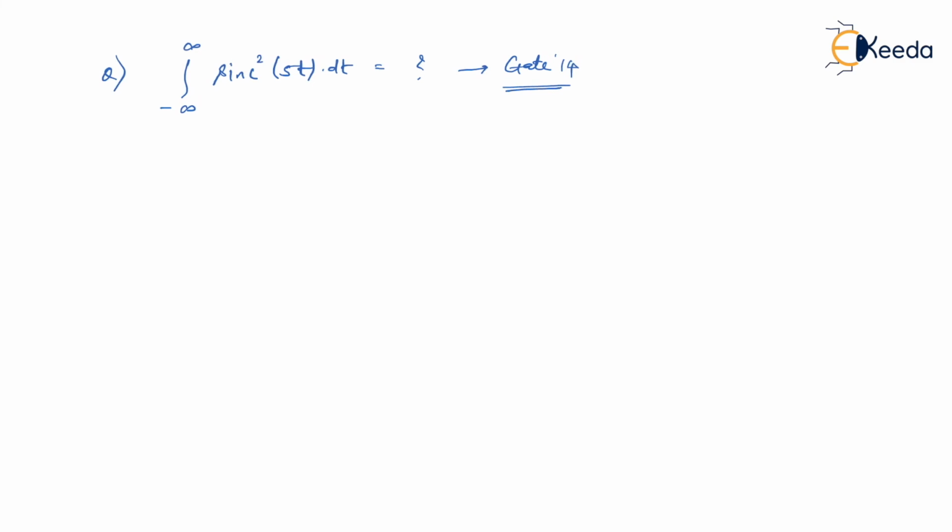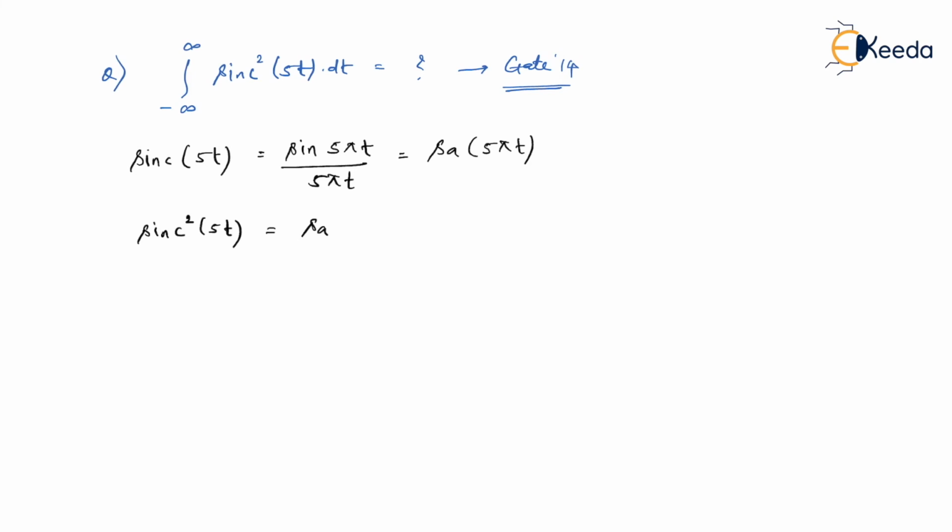We know that a sinc function is originally a frequency domain signal. Am I right? When I say sinc t, it means it is a function where omega is replaced with t. So again, I'll be using a duality property along with the area property here. So we know that a sinc of 5t is nothing but sine of 5 pi t upon 5 pi t, or I can write it in terms of a sampling function as sampling of 5 pi t. I'm sure you'll agree with this. And if I square on both the sides, I would say it is simply sinc square of 5t is sampling square 5 pi t. Is that right?